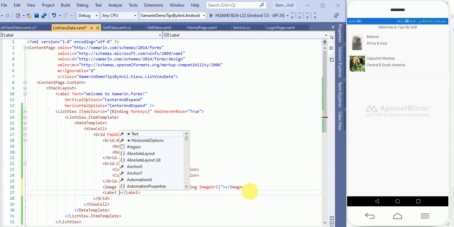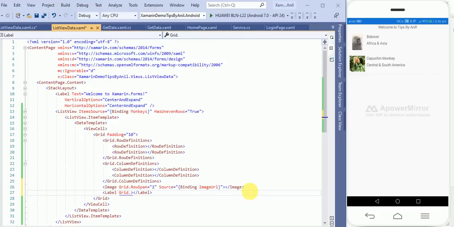Now we define a Label, and inside the label Grid.Column will be 1, because columns start from 0, then 1, then 2. Grid.Row will be 0, because this is row 0 column 0, and this is row 0 column 1.